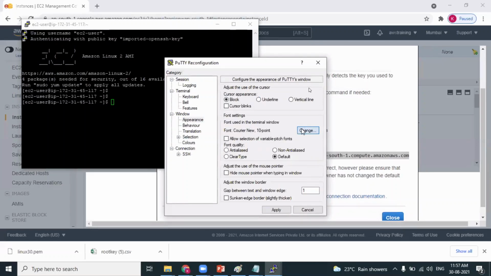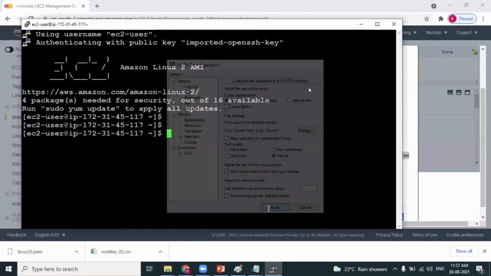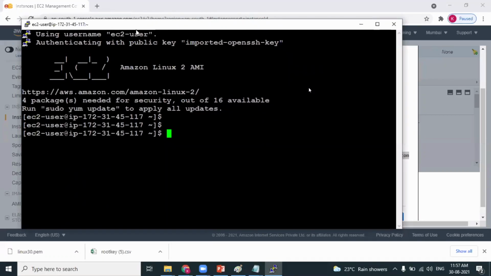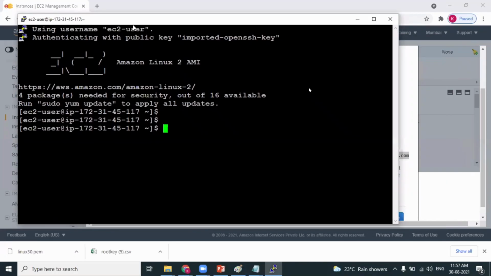Let's increase the font size for better visibility. Yes, now I have connected.